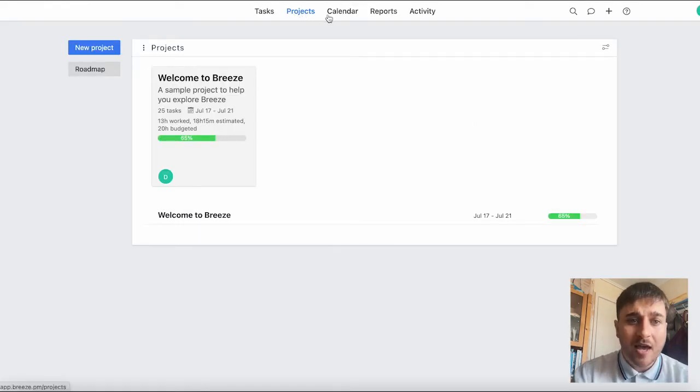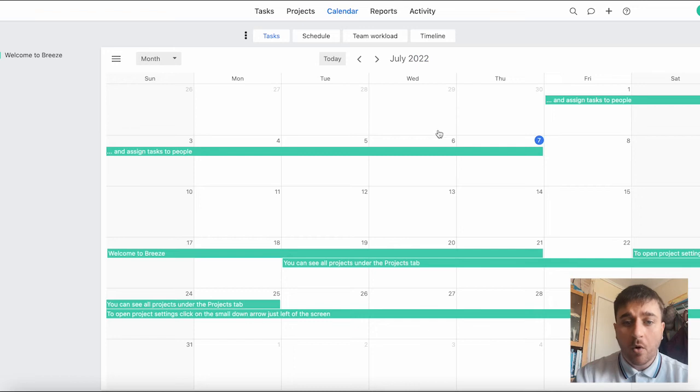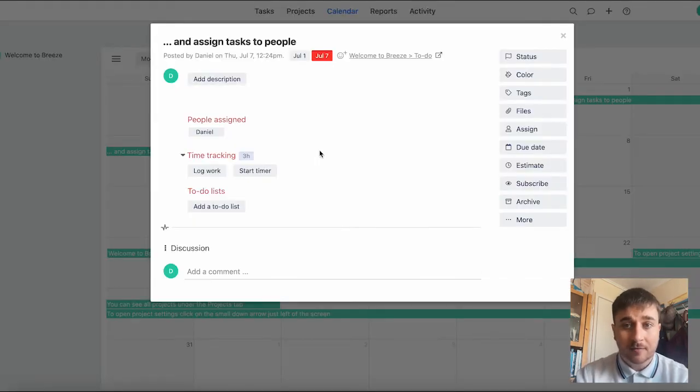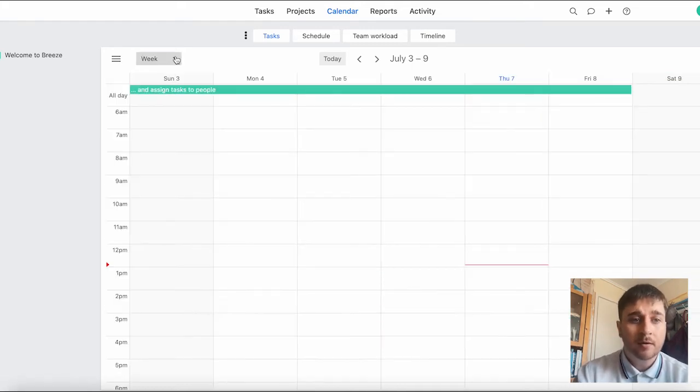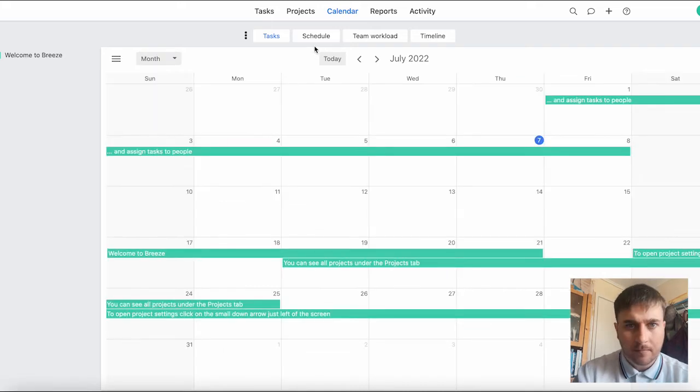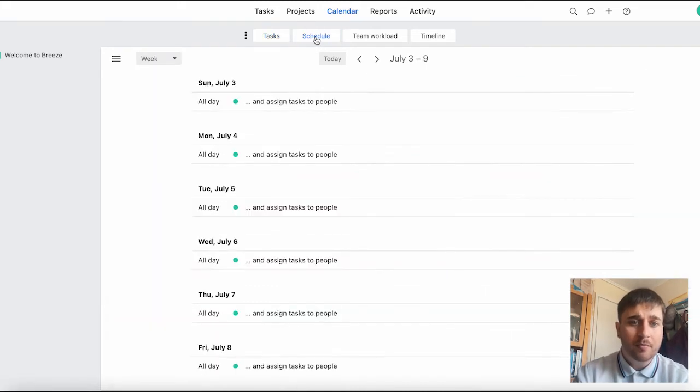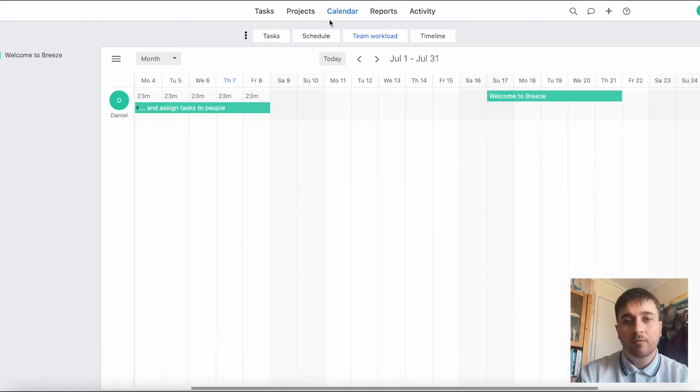Next to projects, we have calendar. The calendar brings up all the tasks. We can see here, if we click onto there, then it brings up the task. You do have the option to just drag the task, and then that adjusts the time frame. You can change the calendar by month, week, or even day. If we go ahead and click schedule, then that lays it out in a list view of all the tasks. We can see there it just goes day by day. If we click onto team workload, then we can see which tasks are assigned to which people and if they're